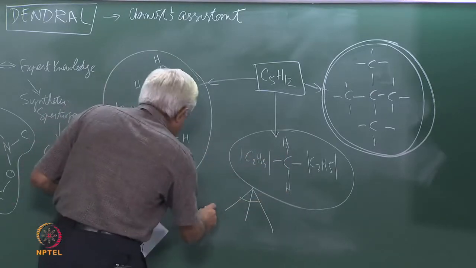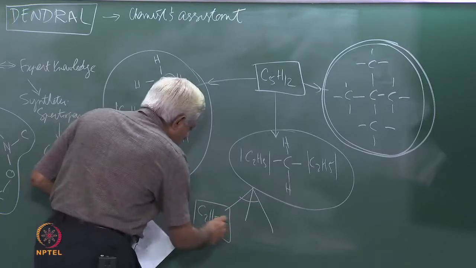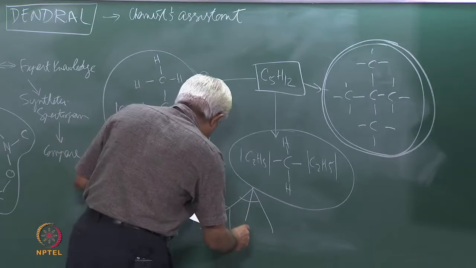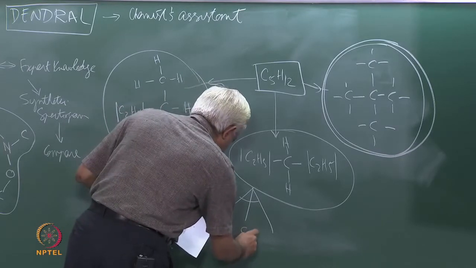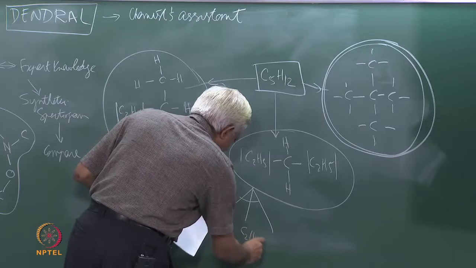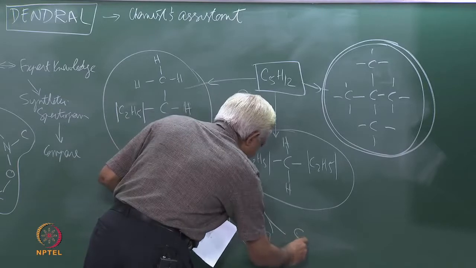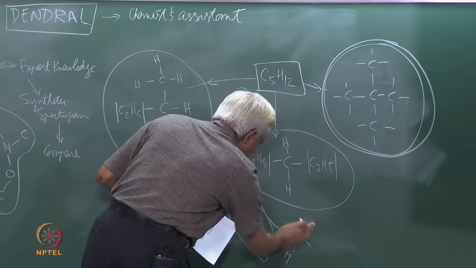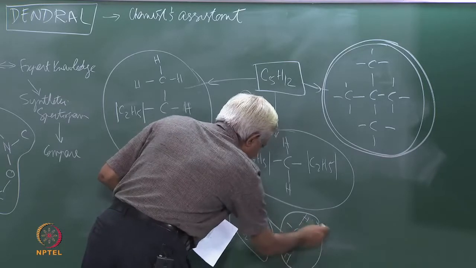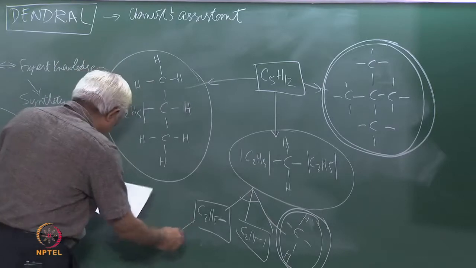So, you solve for C2H5 with a bond, then you have another C2H5 with a bond, and then you have CH with 2 bonds, and this is solved, and this can be solved by